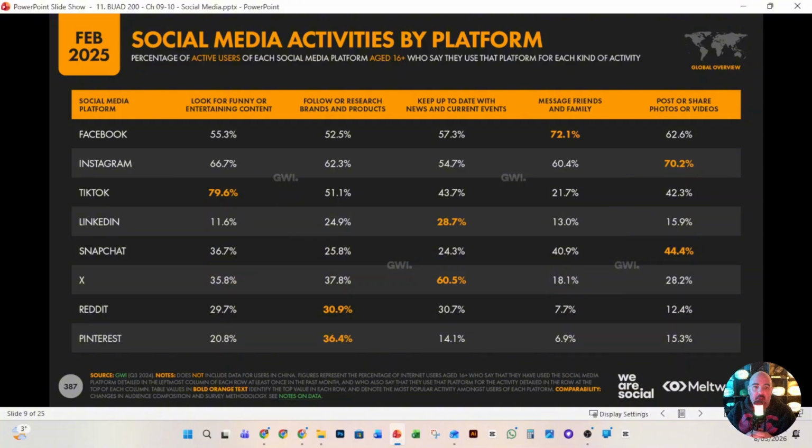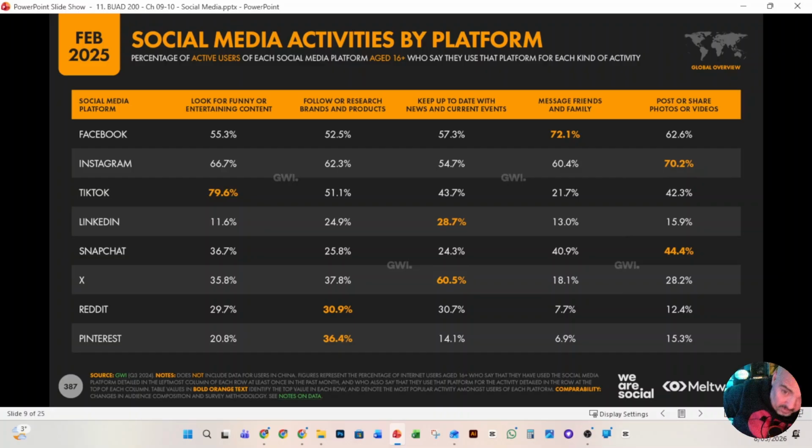When we're thinking about following or researching brands, Pinterest and Reddit have pretty good numbers there, but we also have Instagram and Facebook. If we come up to keeping up to date with news and trends, X is a big one for news there, Facebook a big one as well. Messaging family and friends, Facebook, obviously they use the Messenger app there, but Instagram's a big one as well.